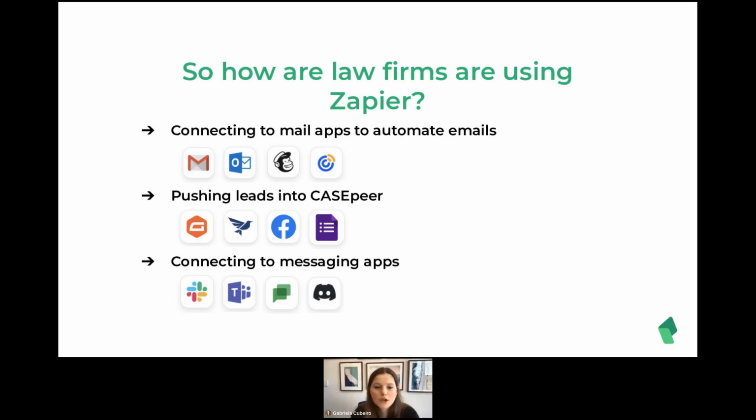So those are just a couple examples, and you can see here that we integrate with. It allows you to connect to Gmail, to Outlook, to MailChimp, to Constant Contact. And these are just four that I picked out that most law firms are probably going to be familiar with